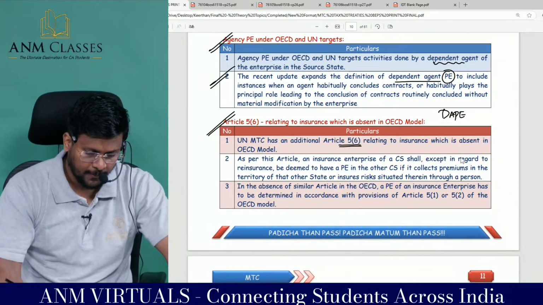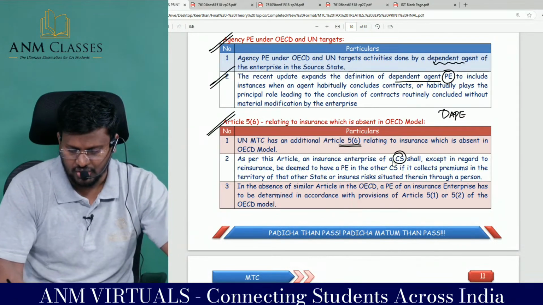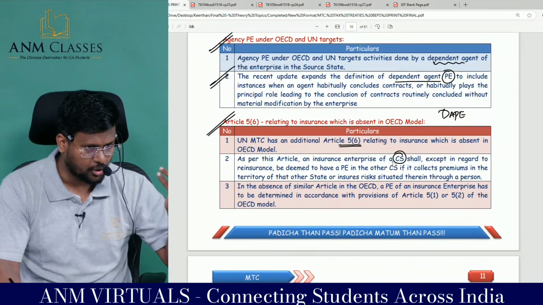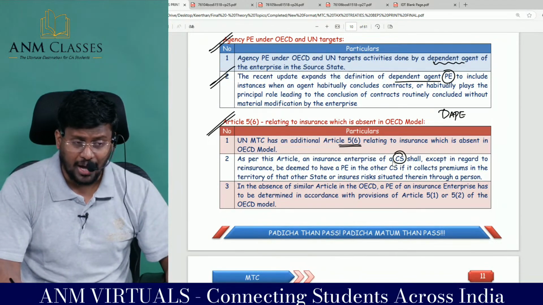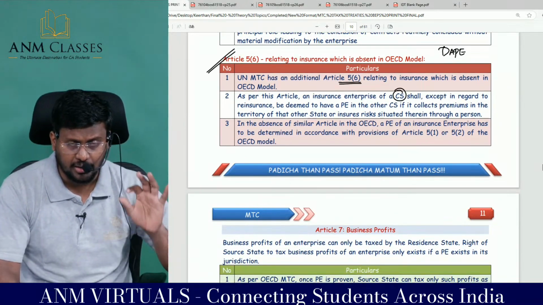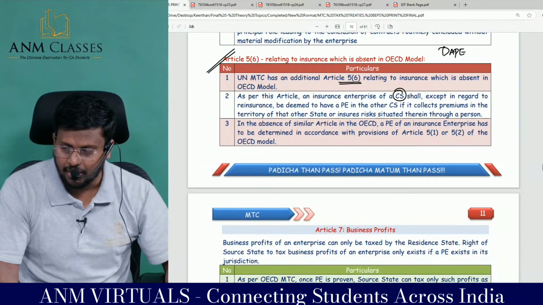The UN model tax convention has an additional article 5(6) relating to insurance, which is absent in the OECD model. As per this article, an insurance enterprise of a contracting state shall, except in regard to reinsurance, don't worry about reinsurance, put it in the dustbin, be deemed to have a PE in the other contracting state if it collects premiums in the territory of the other state or insures risks situated therein through a